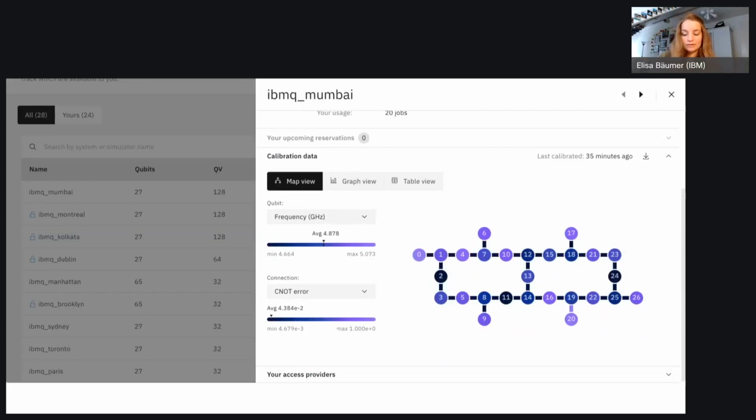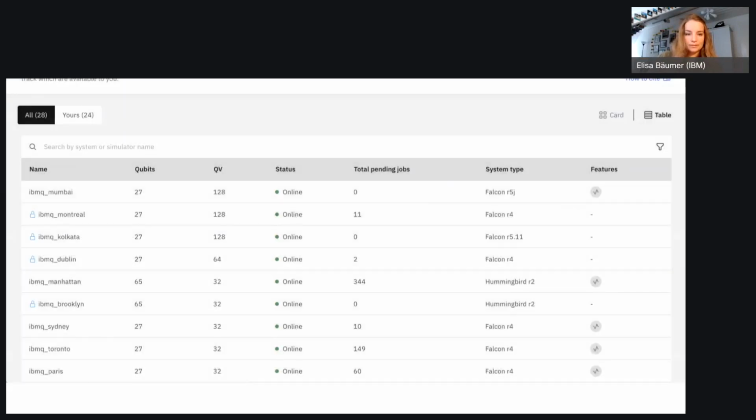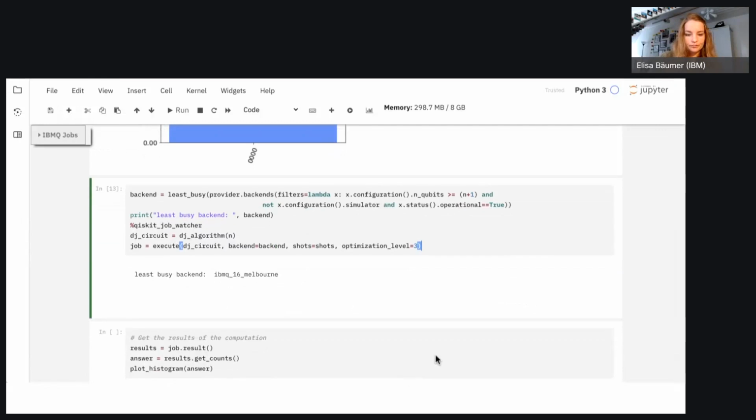Plus, I want to align them in a way that, in my case now, for the oracle that is balanced, we apply a lot of CNOT gates. And if I apply a CNOT gate between qubit 4 and 12, then I need to swap with 7 and 10 to actually apply it. So that takes more gates, and that will lead to more noise. So in the end, it would be better if I choose 7, for example, to be the middle qubit, and then apply the CNOT gates with 4, 6, and 10, just as an example. So what the optimization level does, it also tries to simplify the circuit, but then it also chooses a good map on which we can run it.